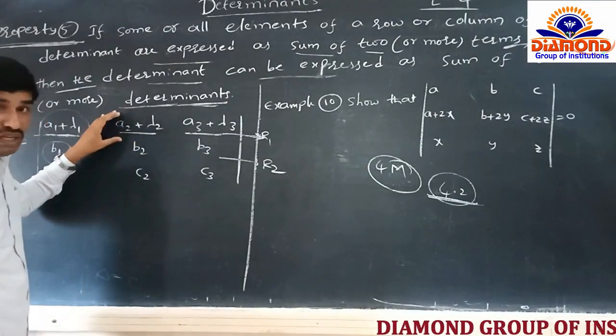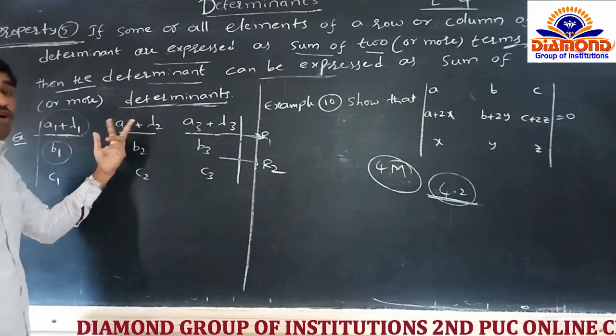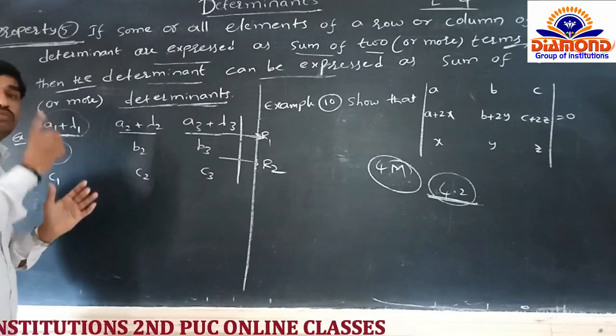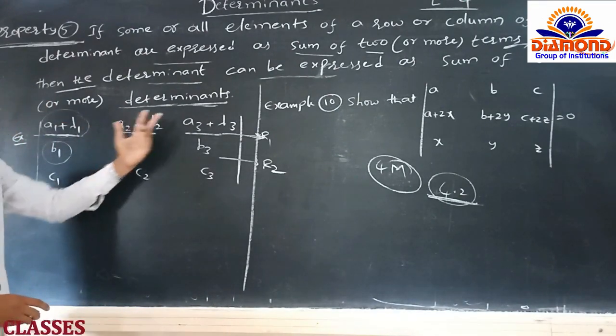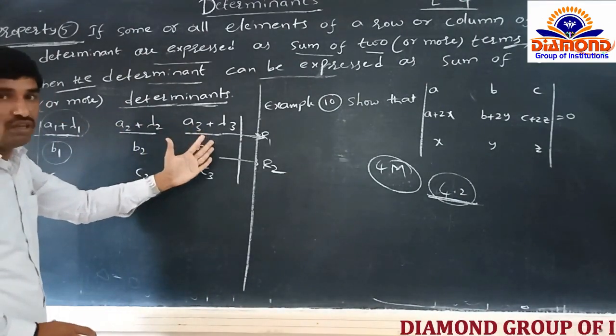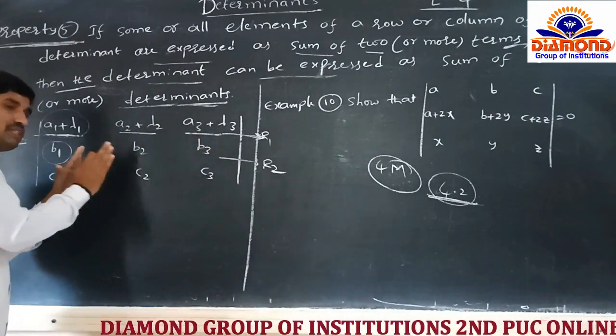This is the second element. In this again there are two terms. And be careful how we are observing. There is a sum of the terms. Again, this is the sum of the terms. Yes or no? Suppose the determinant is given like this.